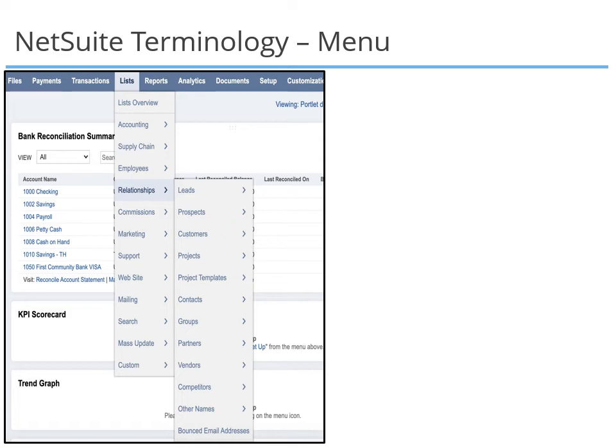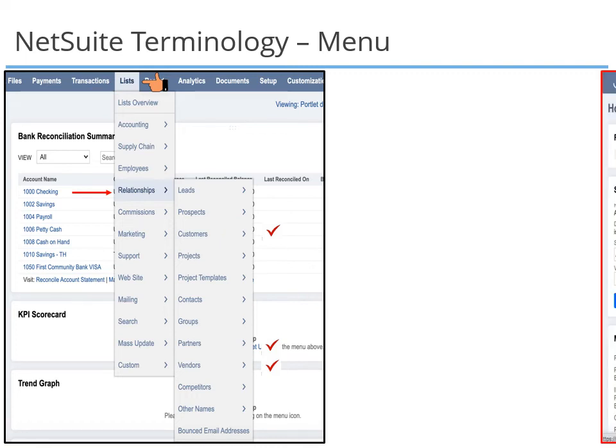Entity is a generic category that includes individual people, places, or companies. An entity can be a customer, supplier, partner, or an employee. The access to the list of records depends on the role you have logged into the system. To access the list of records, go to the Lists tab in the Center tab and select the relevant list. For example, if you want to access the customer, supplier, partner records, you can go to Lists in the Center tab and then select Relationship to access the relevant records.